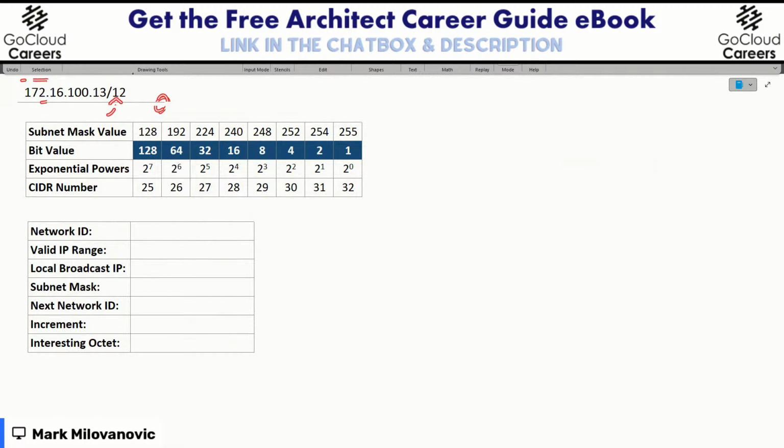Okay. So we know that each octet has 8 bits, 8 zeros and ones. In this case, it tells me I have 12 consecutive ones from left to right. So if I was to write that down, I would say 1, 2, 3, 4, 5, 6, 7, 8, dot. This will be my first octet. So I got 8 here. I need 4 more, which is 9, 10, 11, 12. As soon as I get here, I'm going to divide because I don't want to get confused. But just so you know, here I'm in the first octet, and here I'm already in the second octet.